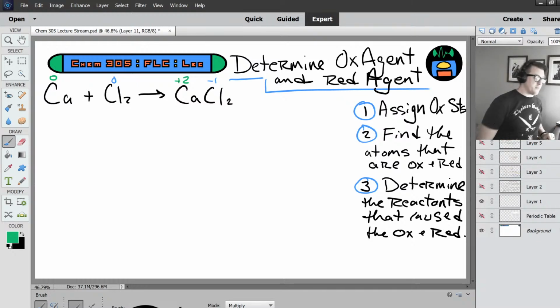The positive 2 came from rule number 3, which says whenever you have a metal from the first 2 columns on the periodic table, they'll take their normal ionic charge. Yeah, rule number 3 for the oxidation rules. All right, so we have assigned our oxidation states. Step number 1 is